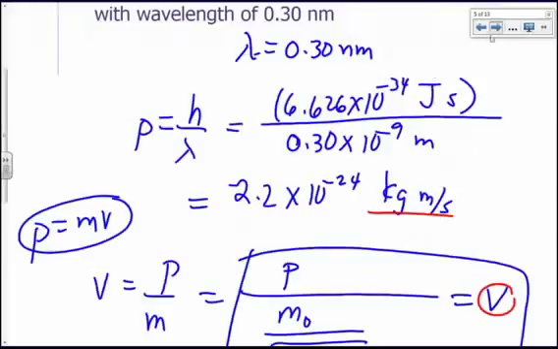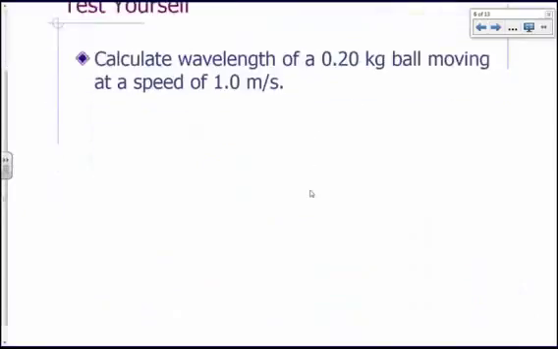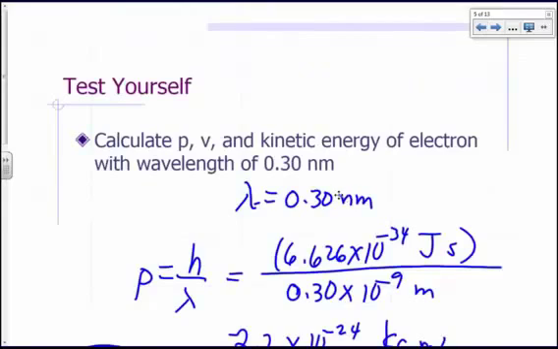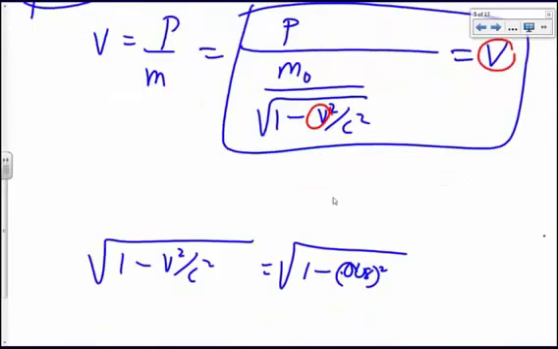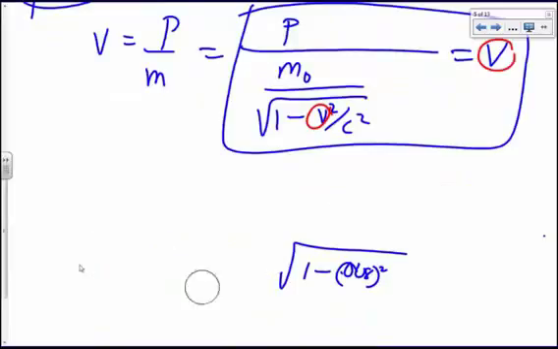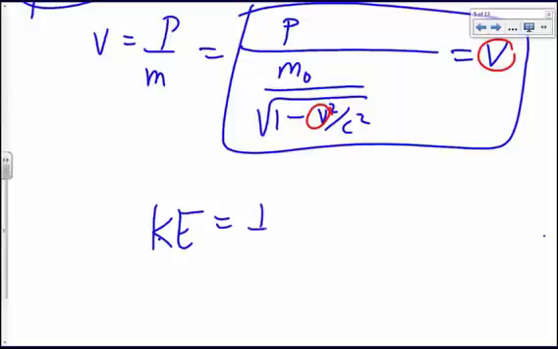So let's continue. Let's try another example. Calculate the wavelength of a 0.2 kilogram ball moving at a speed of 1. I'm sorry. Huh? Oh, kinetic energy would be what? Kinetic energy would just be equal to 1/2 mv squared. Okay. Just plug in your mass and you